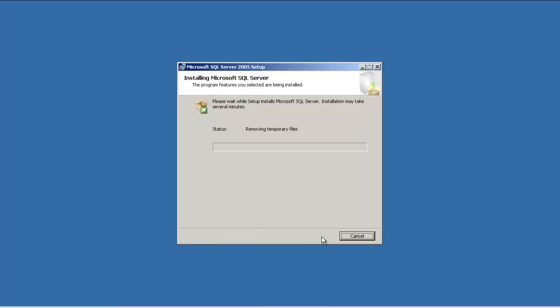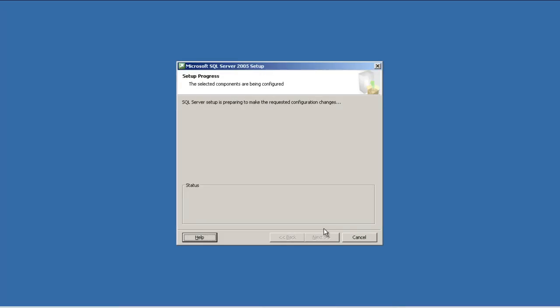Now it's going to do the installation process, as you can see, and we are going to complete the installation of SQL Server 2005 with the double instance. This is how you would go about installing SQL Server 2005. We will do it with 2008 also. Right now it is 2005. 2008 is not different, maybe a screen difference, a little bit more components here and there. That's it, no big deal.